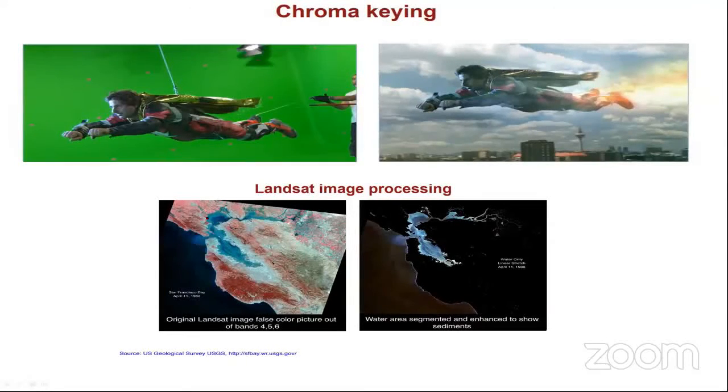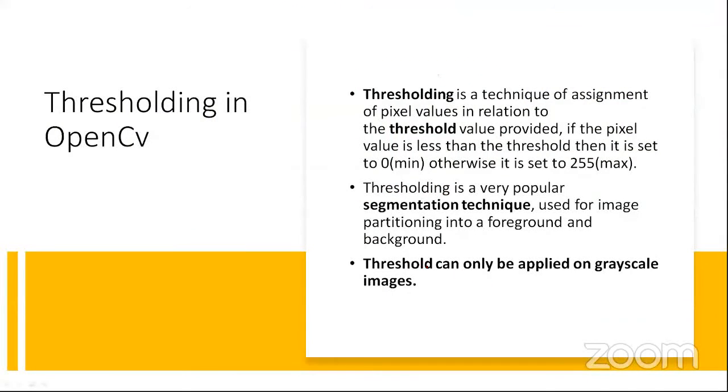You can see this thing. This is a map. You can see this is water, and this is the land. Now you want to segment the water from the land, because in this image it's not very clear. What you can do is use image thresholding, and you can segment the water out. Here you can see we have segmented the water out from the image. That's the application of it. How we are going to do this, we will see. The important thing is thresholding can only be applied on grayscale images. That's the point to remember, guys.